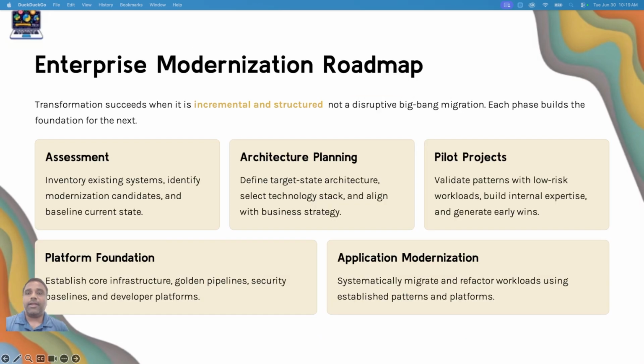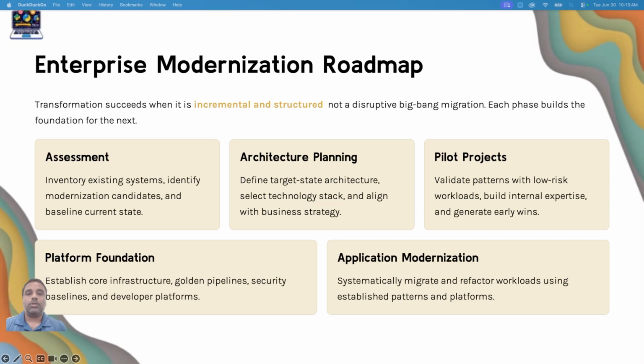Now let's look at the enterprise modernization roadmap. Transformations succeed when they are incremental and structured, not a disruptive big bang migration. Every phase builds on the foundation for the next. Let's look at phase one. Phase one is assessment: inventorying your existing systems, identifying the modernization candidates, and baselining your current state is a crucial part. You need to know what you have and where you are before you can plan